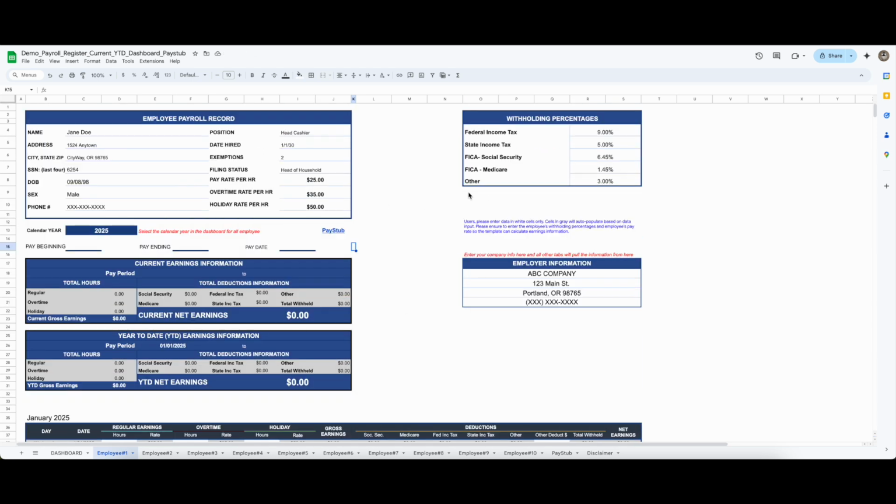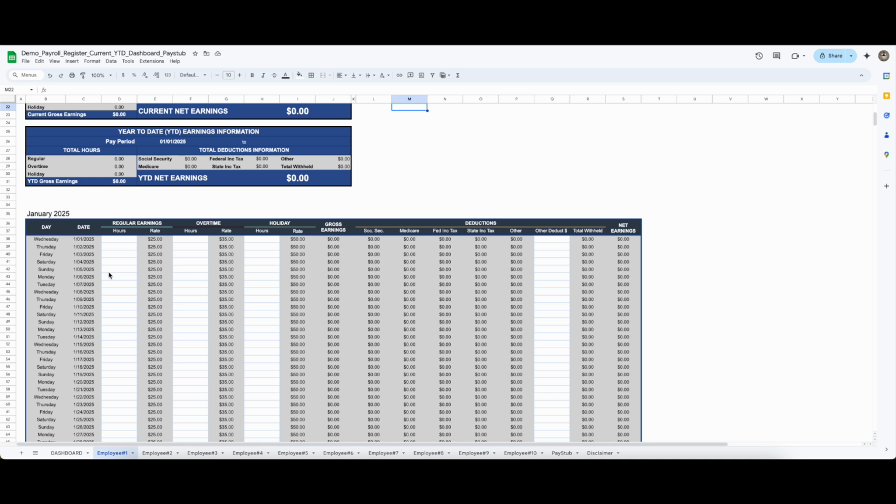Once you have all that filled out and you pick the correct year, you can come here and enter your company name. Please enter this so that it can also populate for the pay stub. You only need to enter this once on employee 1, and then all the other tabs, from employee 2 to employee 10, will automatically populate this data. Okay. All right. And then after that, you just need to go in here and enter the hours that your employee worked